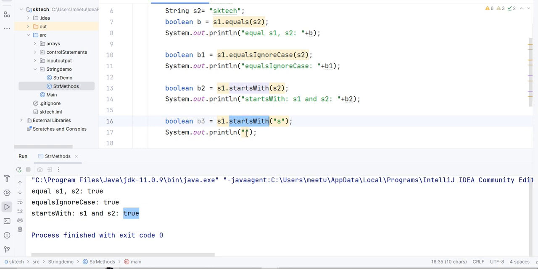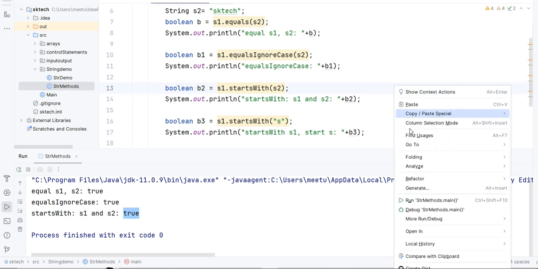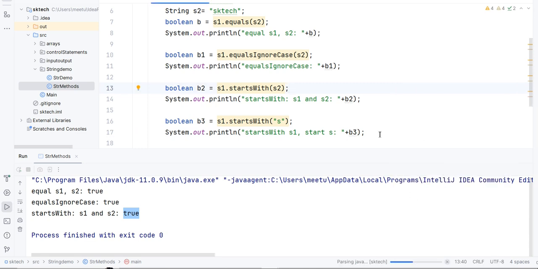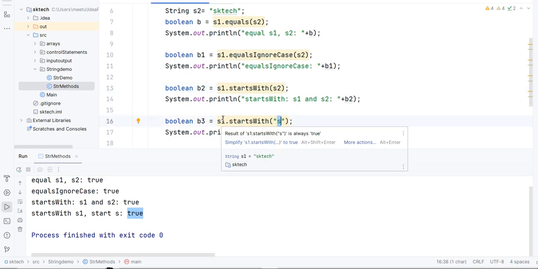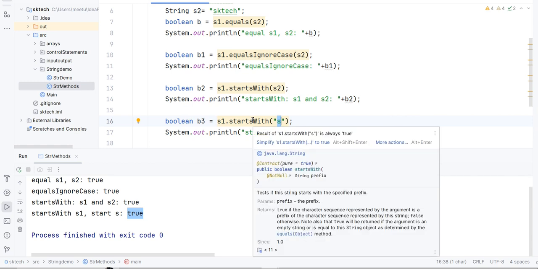Let's say we have given s1 starts with s or not. So let's print b3 and run this program. Basically it is going to return true only. Yeah, it's returning true because the s1 string is starting with the s character only, right? That's what we are trying to check here. So this method is useful if you want to check whether a string is starting with some particular string.